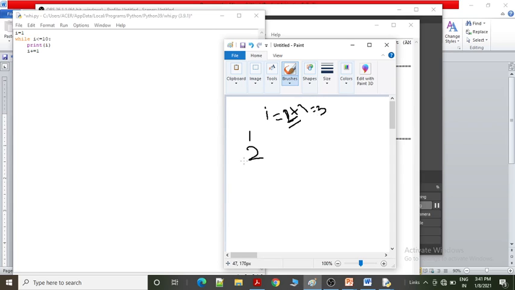So it will work continuously till 10. Suppose the recent value of i is 10 here. Now again it increases the value by 1, that is i plus equals 1, so now the value of i is 11. In that case, when it checks the condition i less than or equals to 10, no, i is not less than or equals to 10. In that case it will terminate from the loop and exit from your program. So this is the working condition of your while loop.